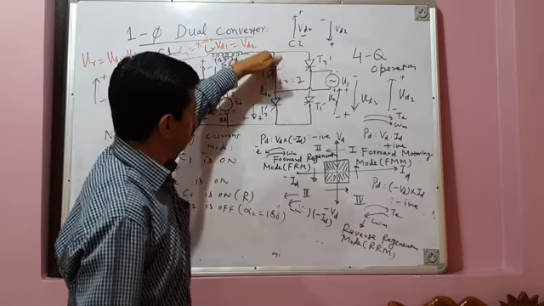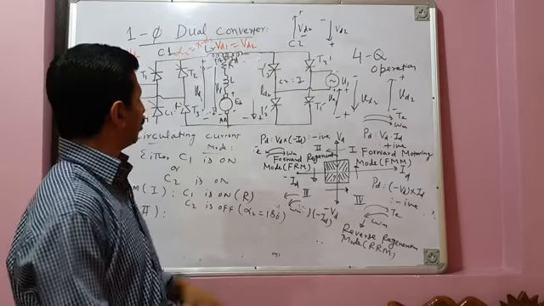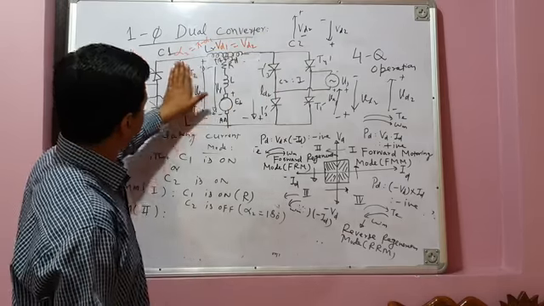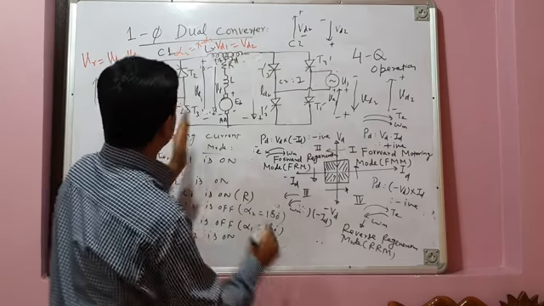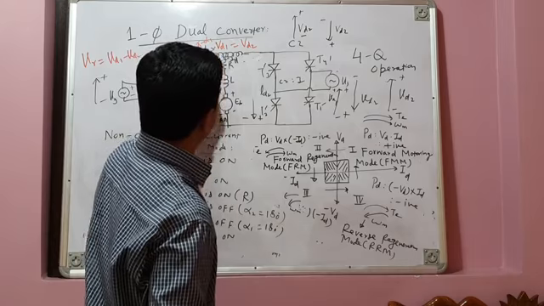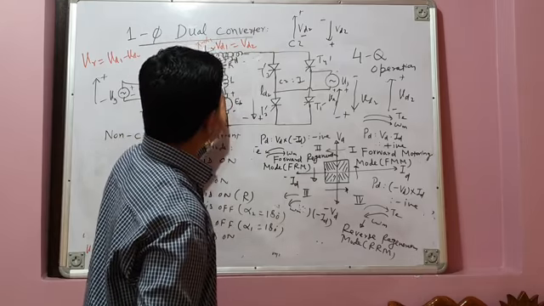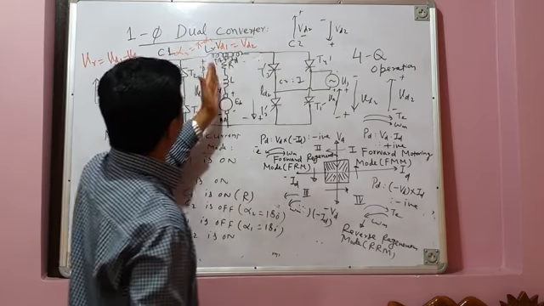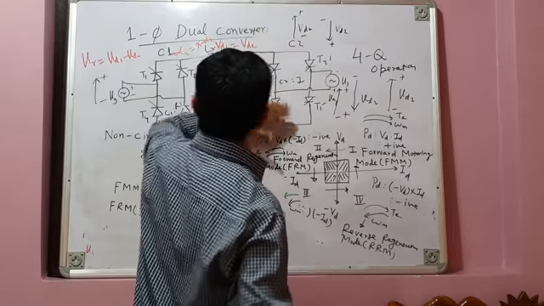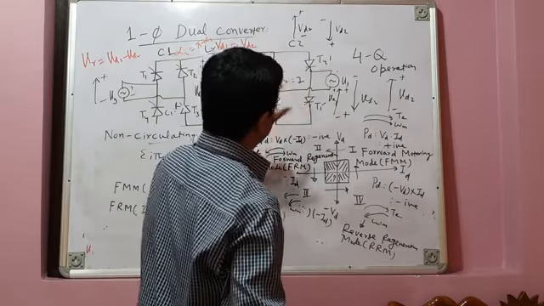Current flows from anode to cathode. So that means your converter C1 should be off. C1 is off. That means alpha 1 should be equal to 180 degrees. और converter C2 on होना चाहिए because average output voltage is positive but current is negative. Negative current means current is coming out of armature and the only path will be provided by converter C2, not converter C1. So that means converter C2 should be on.